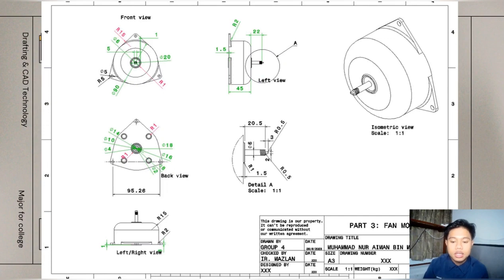And the third slide shows, for example, we make a fan motor 2D drawing. The first is front view, back view, right view, and left view, and the detail A scale 1 to 1, and last, the feature shows the isometric view. As you can see, the numbers show we make a specific design to make a fan motor